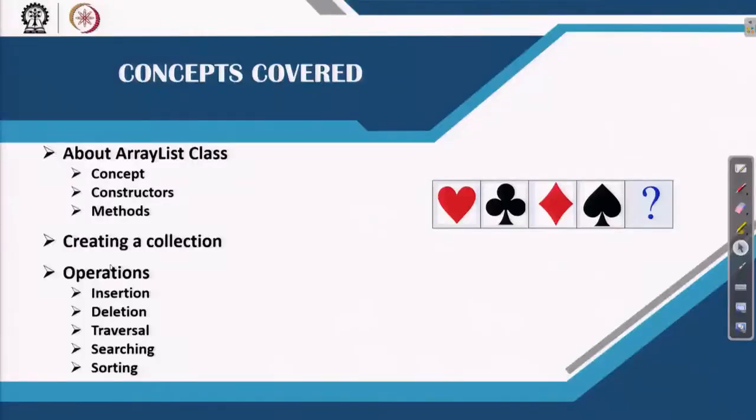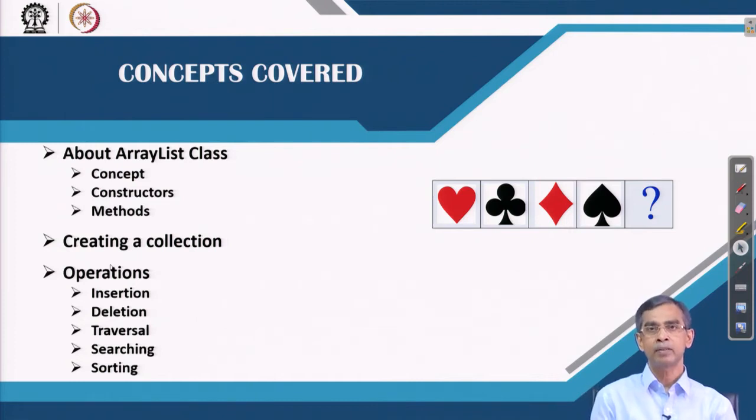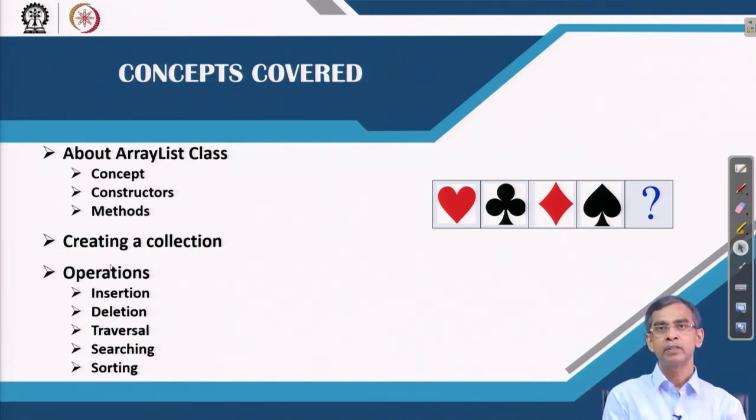Now, let us see regarding the ArrayList class the different constructors that are basically used to create a collection of type ArrayList, and the different methods in this class. Finally, we will check the regular operations which are basically required using these arrays, other than the core programming that we discussed in the last video. These are the utilities in this ArrayList class by which you can do this. You do not have to write much more code, the way we have done in the last video.